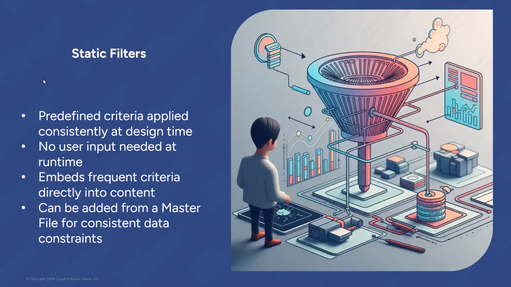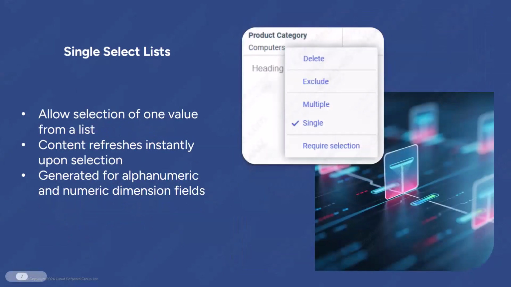So we accomplished that from a singular standpoint. You can apply single select lists in Designer, and we're going to do some demonstrations here in a minute. We're going to sprinkle in some demos as we go, so it's not all going to be PowerPoint, FYI. So single select lists, they're a common filter control for alphanumeric and numeric dimension fields, and they allow